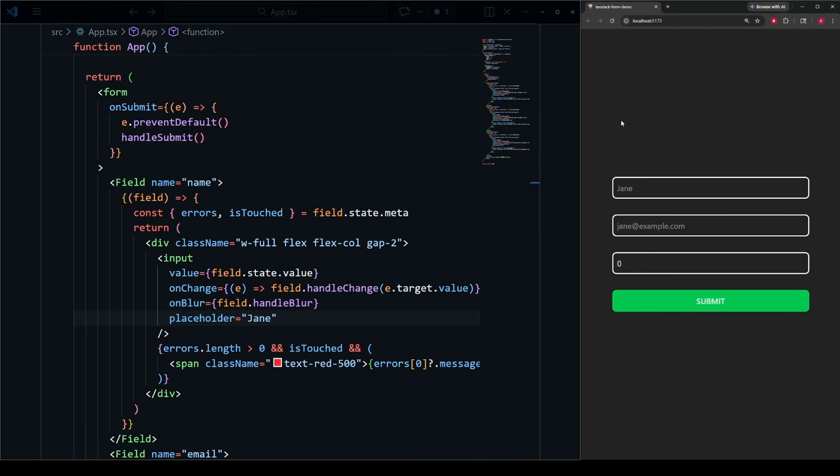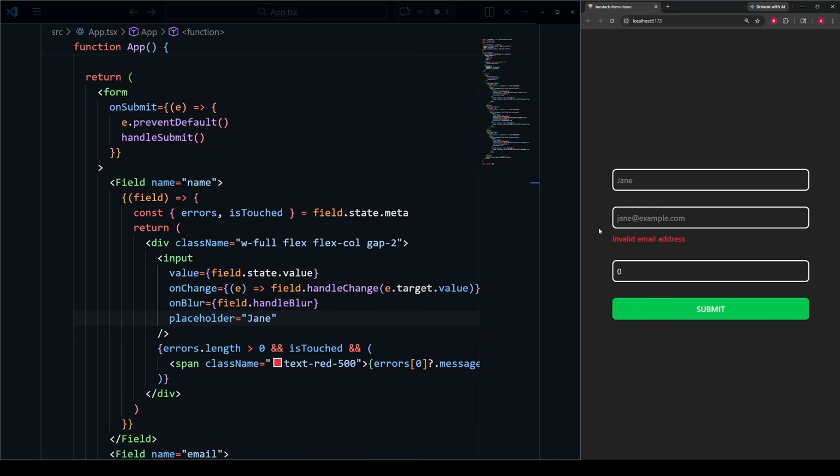What I can show you now, once I added that to all the fields, is when I refresh, none of our fields have been touched yet. Now if I go into the email field, it has been touched. Now that it's been touched, if I blur it, we're going to show an error in that field and only in that field. For the name field and the age field, isTouched is false in both, so we don't show